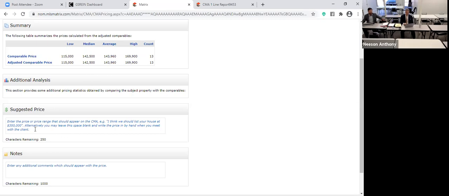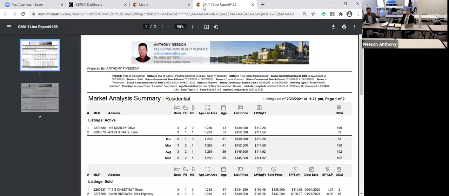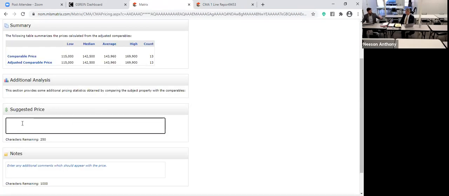So this, and I've told this to people before, when I'm going through the suggested price, I'm gonna leave this blank because I want to know my numbers when I go in. So then we can talk about, because I'm bringing that one-page CMA, I'm bringing this with me, right? So how I can point this out, and I'm literally gonna write, your house is gonna sell for option A, option B, option C. Option A is going to be a higher price point in their range. B is going to be